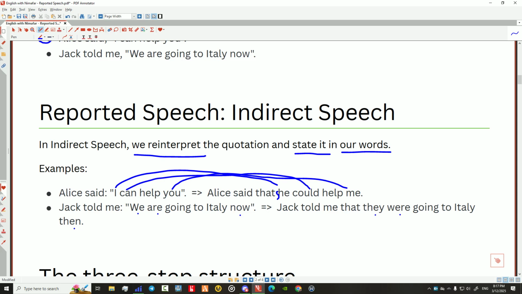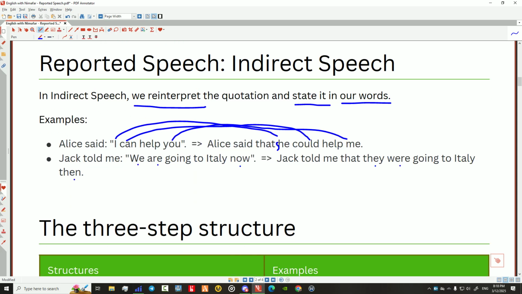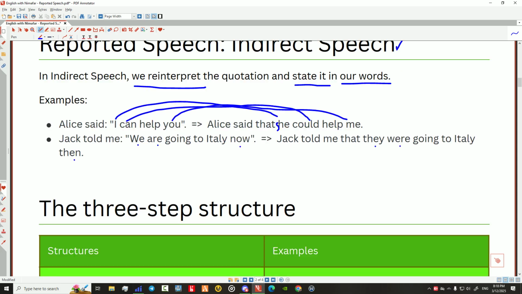Because when you are listening to these sentences, you don't need to know who said something because it's clearly obvious. But if you are the speaker, you should just change some basic things. But we'll talk about them. So this is the whole topic. We're going to talk about indirect speech because the direct one is easy. We have something we call the 3-step structure, a structure that has 3 steps.